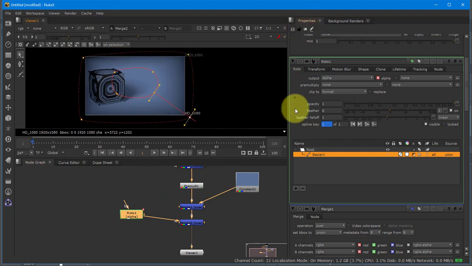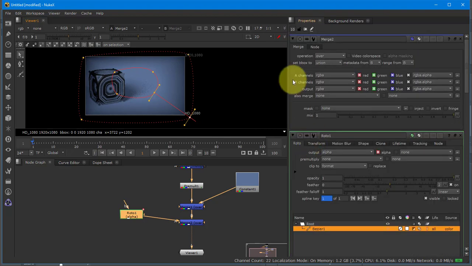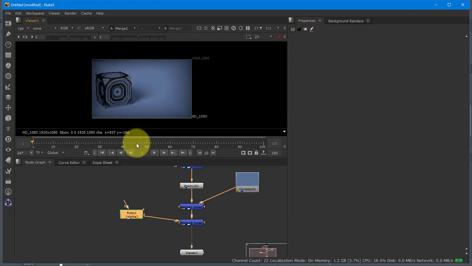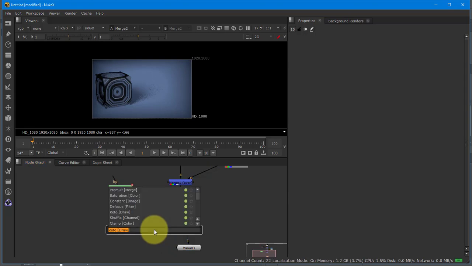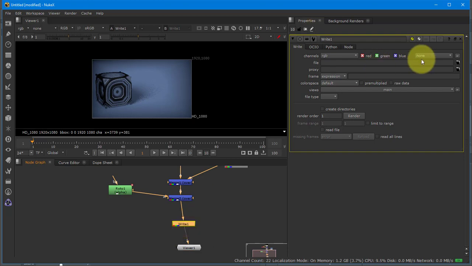I'm going to close all these windows. Every property from the first thing I opened up is still listed here. I'm just going to hit this X to close them all because I don't want them all. There we go. Okay, so let's pretend that this is it. That's all I wanted to do. I'm going to write this out. We'll get more in depth in this, different things you can do, but for right now I'm just going to leave it there. So I'm going to go add a write node, drop that in,